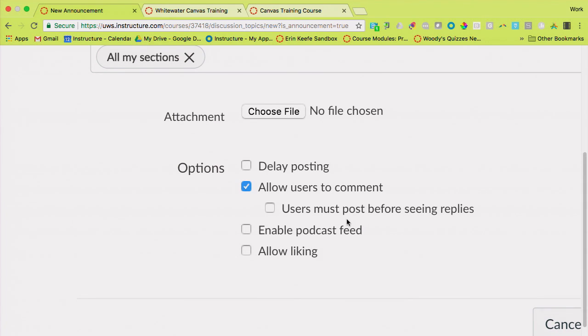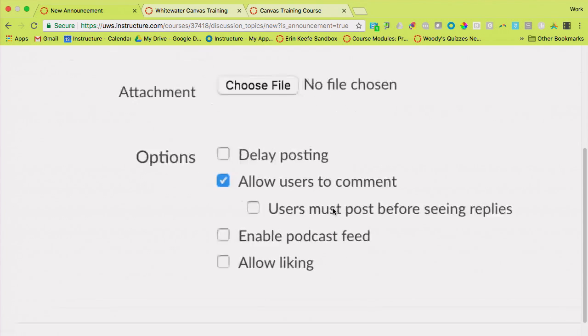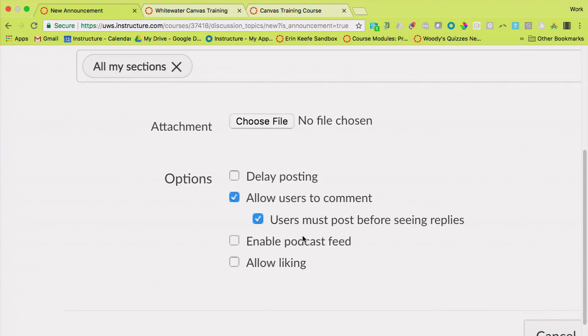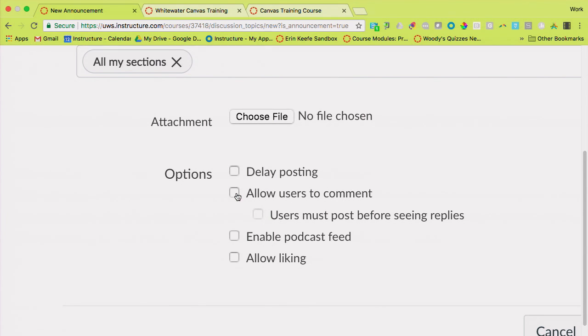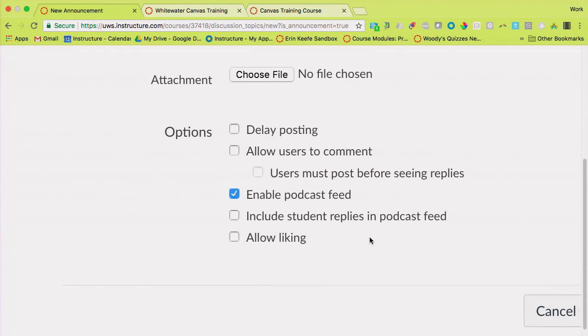You can allow users to comment on announcements. I know some people use their announcement space this way, where they post like a challenge question, or they want students to get engaged, especially strictly online teachers. We're always looking for ways to encourage students to get more engaged and participate. So you can allow users to comment. And just like we have in our discussions, you can have it set so that users must post before they see the replies. So if they are not interested in looking at what everybody else had to say, if they never post to it, they won't see that there's any comments there.